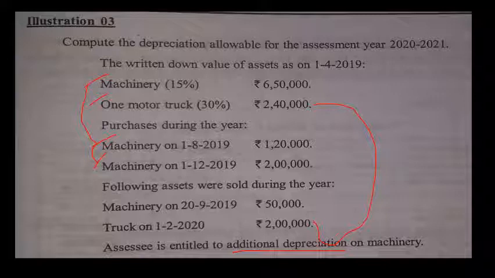It did not exist with the particular SSC, so it was sold. So whenever the SSC is the owner of a particular vehicle or any single asset, and if it was sold in the previous year, then thereafter you should not calculate the depreciation. Why should you not calculate the depreciation? Because it does not exist. It is not with the SSC. Therefore you should not calculate the depreciation. So that is in case of a motor truck. We will calculate it later. You will come to know how it is applicable.